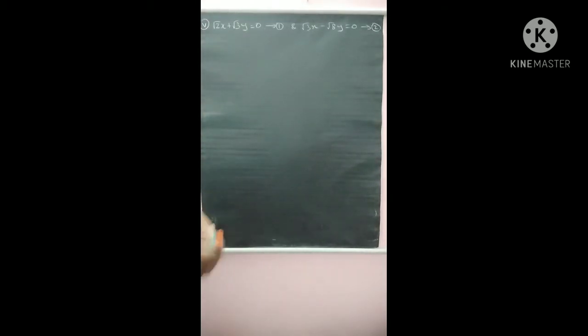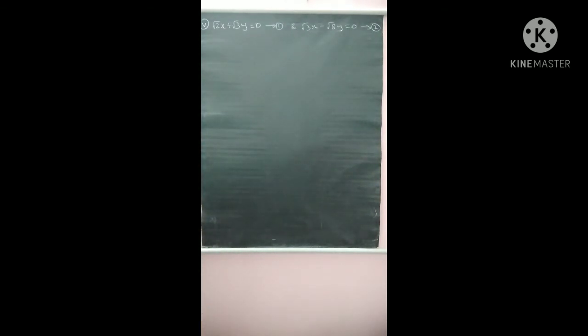Children, now the fifth question, sub-question: root 2x plus root 3y equals 0. I am considering this given equation as 1, and the other equation they gave is root 3x minus root 8y equals 0. Here the process is the same in the substitution method. So don't confuse or panic by seeing values like this. Till now we have discussed only integers and decimals. Now here we got irrational numbers, root 2 and root 3. Everywhere the process is the same.